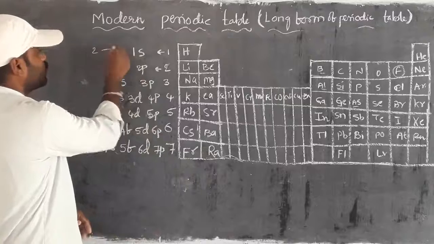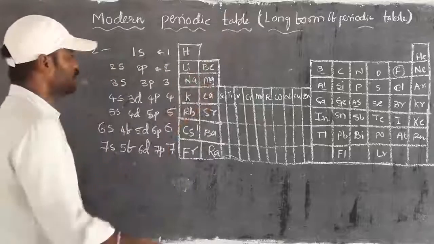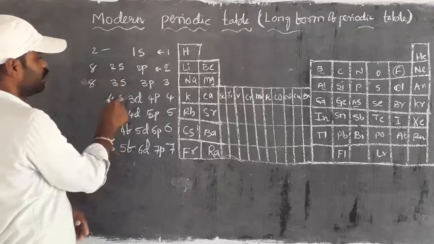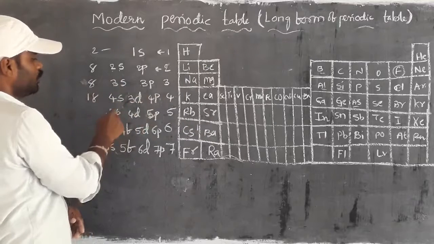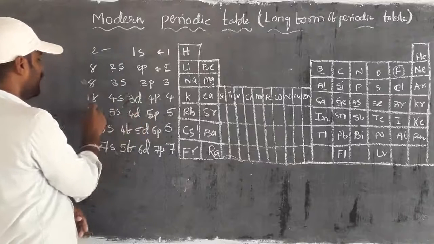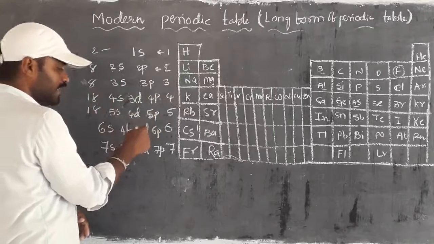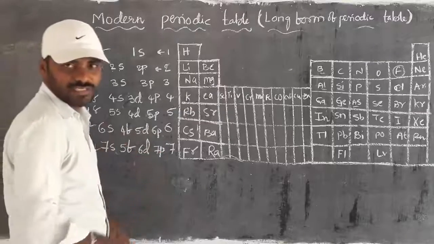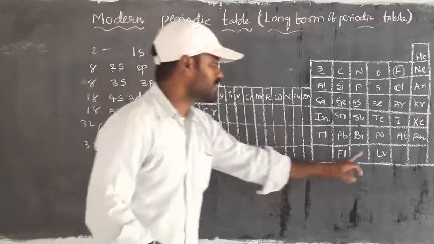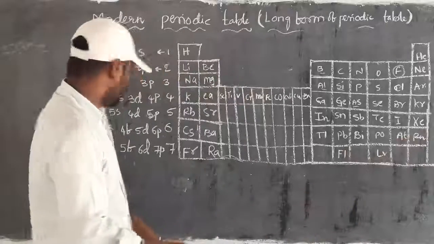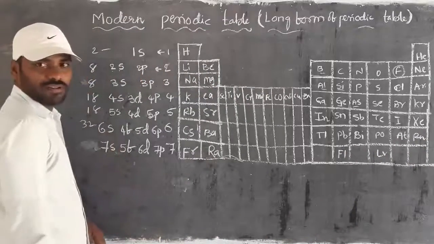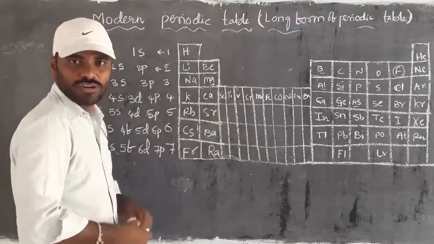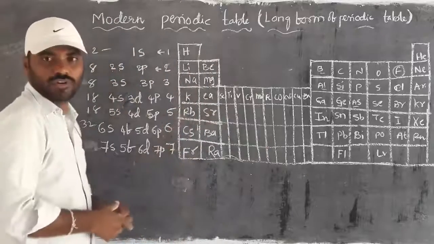Here the number of electrons is 2, so the number of elements is only 2. Here 2 plus 6, 8 elements; again 2 plus 6, 8; then 2 plus 10 plus 6, that is 18; again 2 plus 10 plus 6, 18; then 2 plus 14 plus 10 plus 6, that is 32; and here also 32. But yesterday we discussed that 3 spaces are unfilled, right? For that, here we can't get a fixed number, right? We discussed the same information in the first introduction of the periodic table. So that is the information about this.